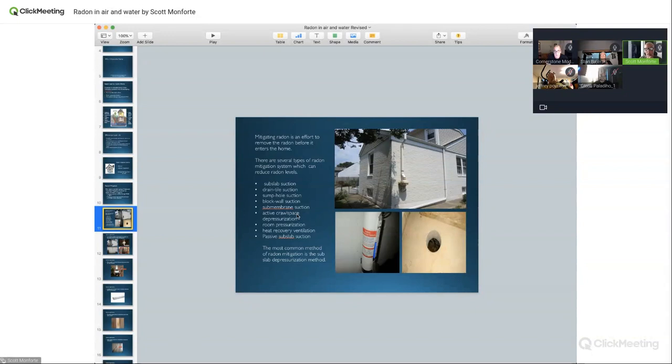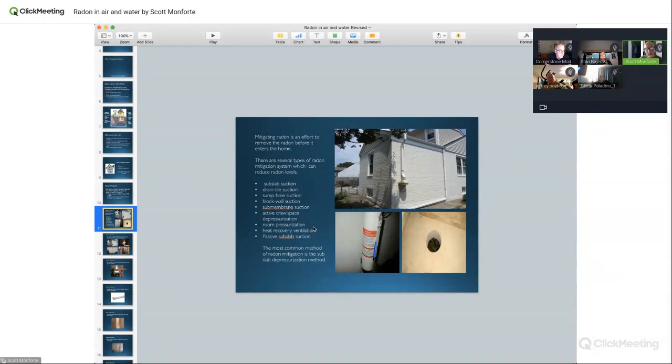We talked about submembrane, active crawl space. I'm going to say that one, I think I might have done it once, but it's very rare. If anything, I close the crawl space. The problem with active crawl space is there's plumbing in there. And if you're trying to create more negative pressure in the crawl space and draw the gas out of the crawl space, you're also bringing air in there. It's making it colder. You're bringing moisture in there. It can cause rot. You can have termite damage. You can have moisture damage.